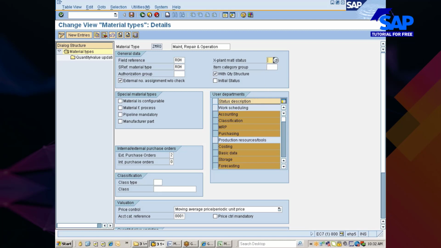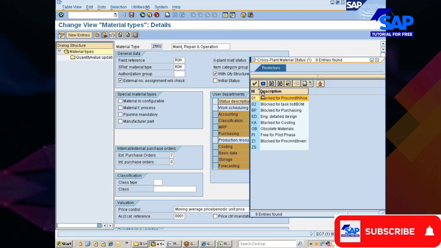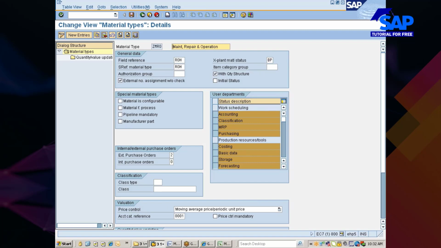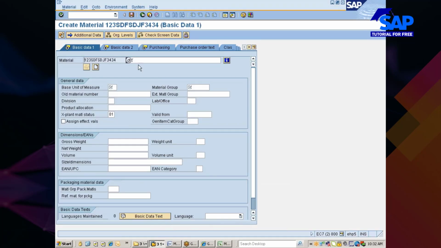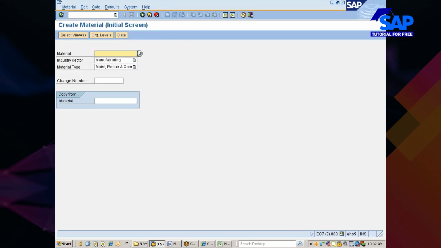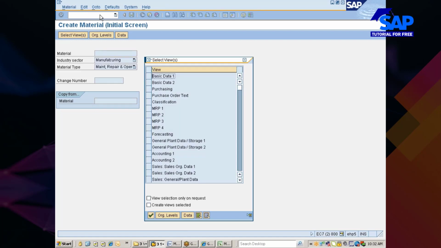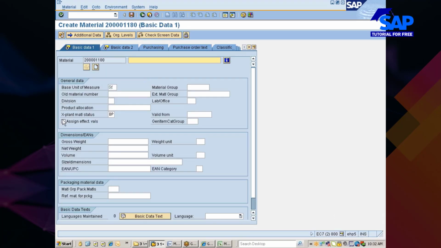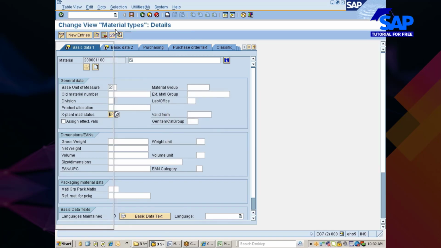It means, let's say here, if I add something over here, block for purchasing, assume I'm saving. Now you see, I go with create material /n mm01, hit enter, go with basic data 1 and 2. Now you see here BP has come here. Why? Because of the material type. What material type have you created? You are using MRO.